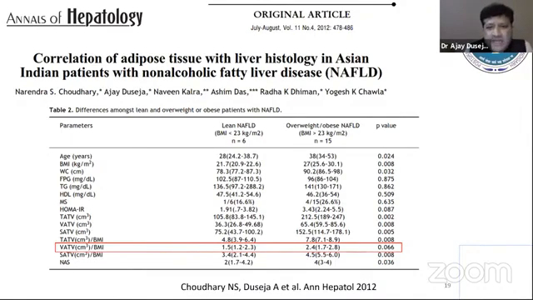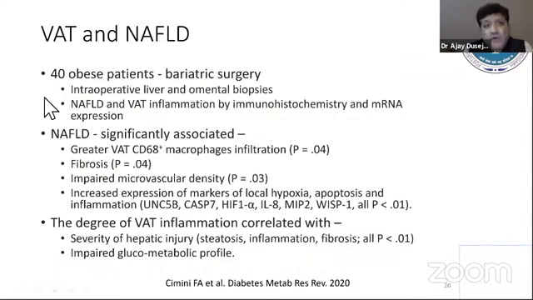And this is one recent study which I have picked up, published only 3 months back, where they took 40 obese people who underwent bariatric surgery. So they took omental biopsies in these patients, and they did the immunohistochemistry and the mRNA expression, and what they found was that in the patients who had NAFLD, the visceral adipose tissue, which is the omental biopsy which they took, was much more inflamed with macrophages, a lot of microvascular density, and a lot of expression of hypoxia, apoptosis, and inflammation,